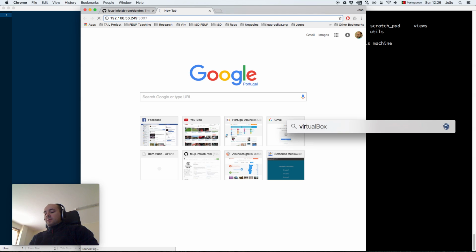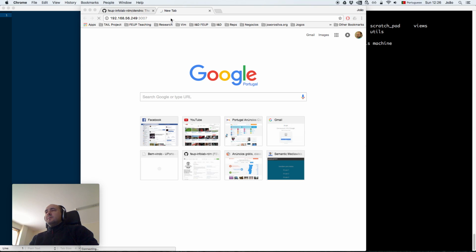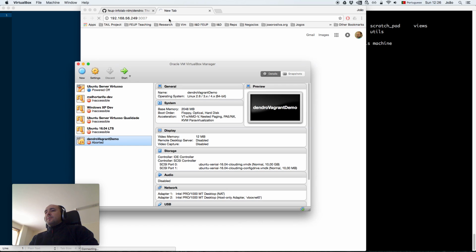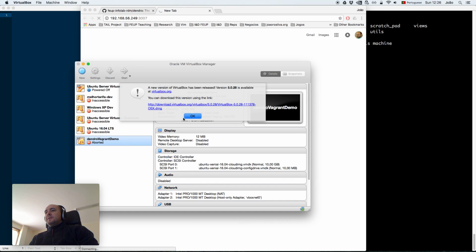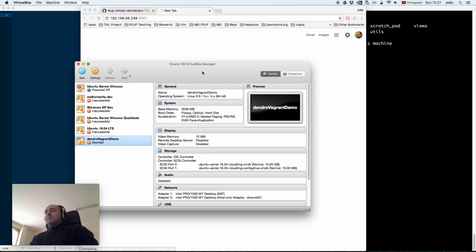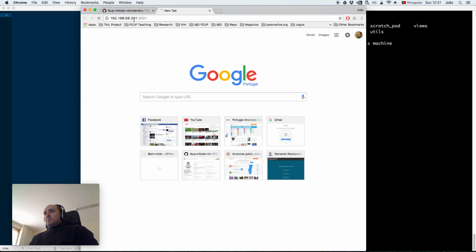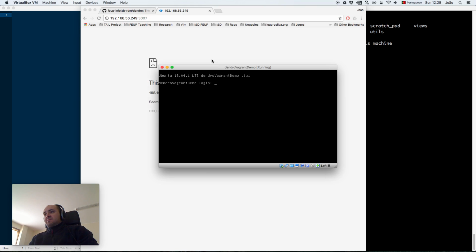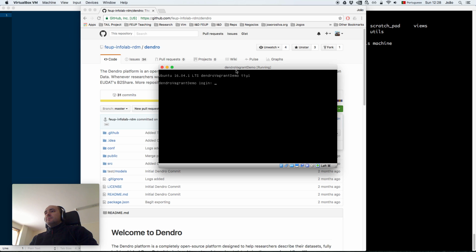So you have to go to VirtualBox and start it. Okay, the machine has started, and as we have seen, it automatically starts a lot of services, including a Dendro